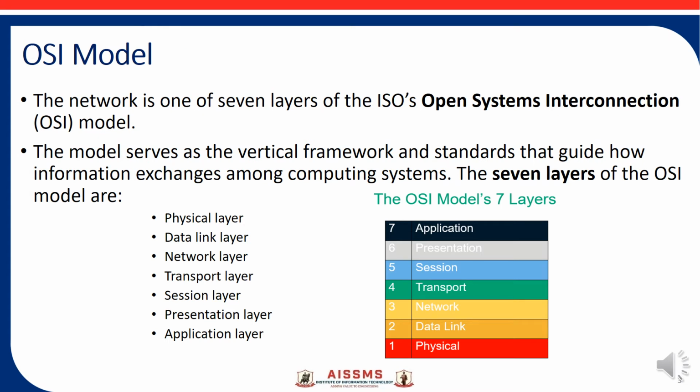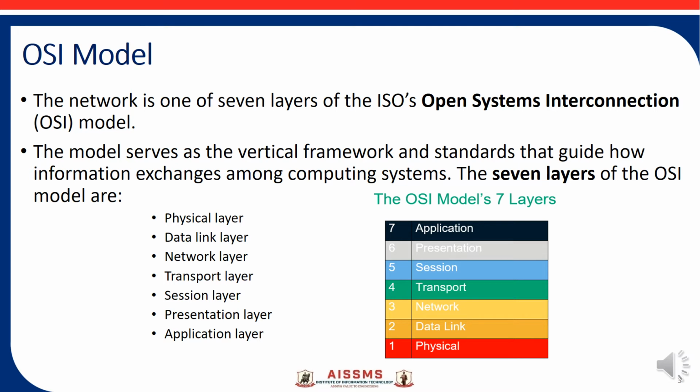Before taking the introduction of the TCP and UDP protocols, we will take the overview of the OSI network model. OSI is the Open Systems Interconnection network model, which has 7 layers. This is a standard framework where there are 7 layers. If we go from the bottom up, at the bottom there is the first